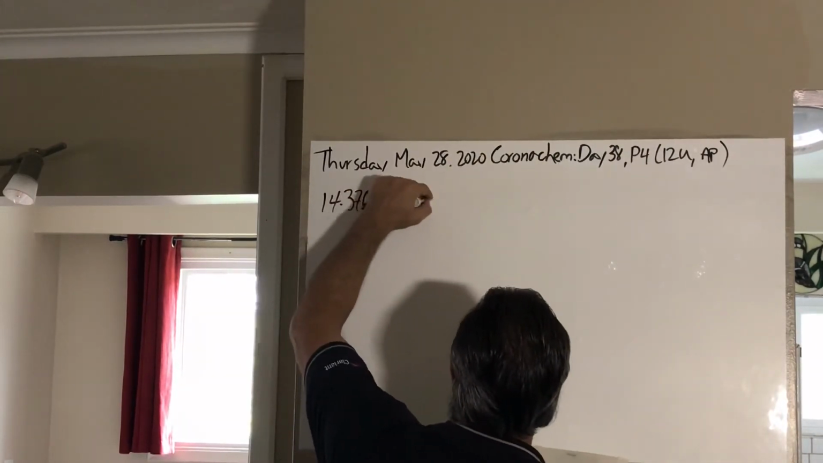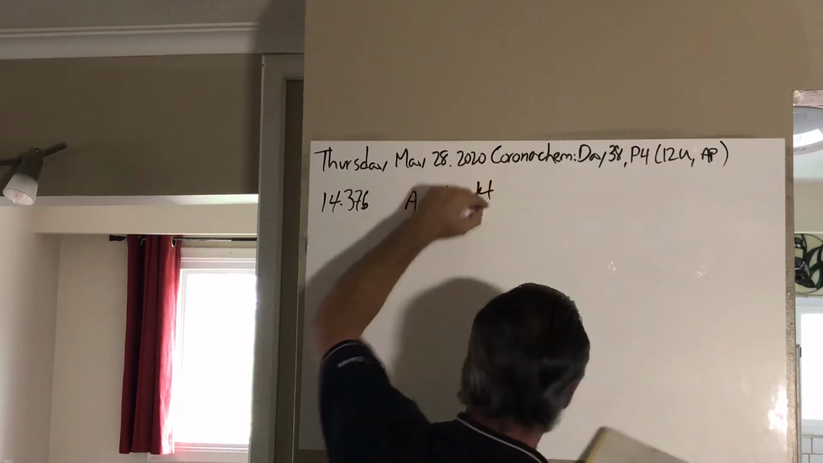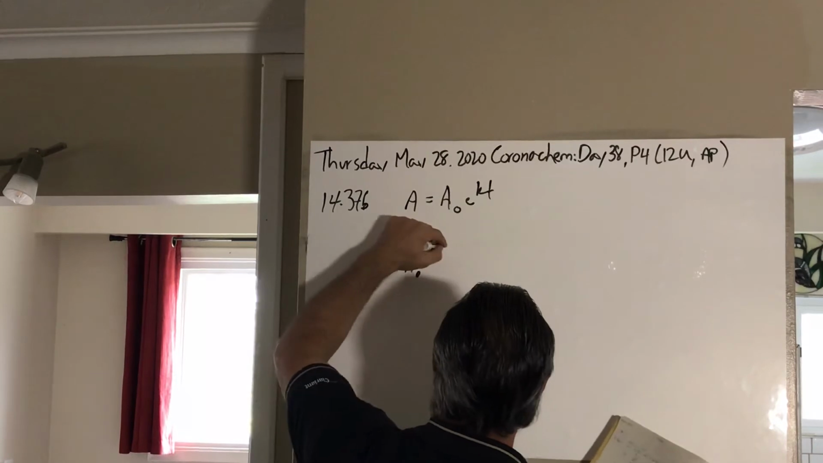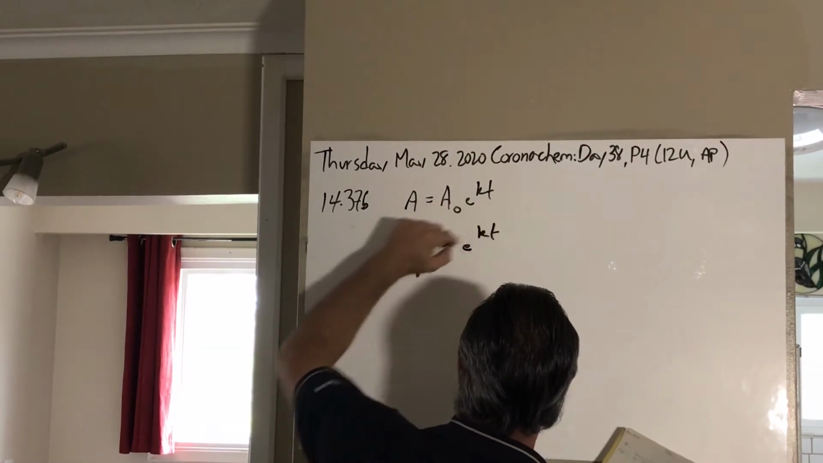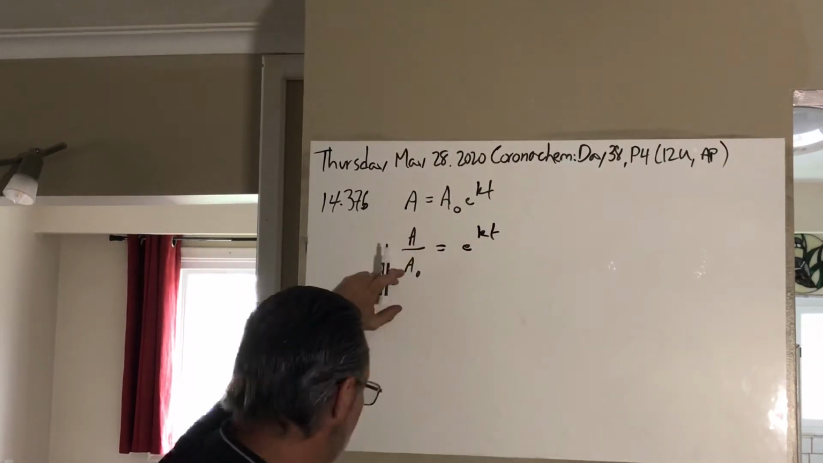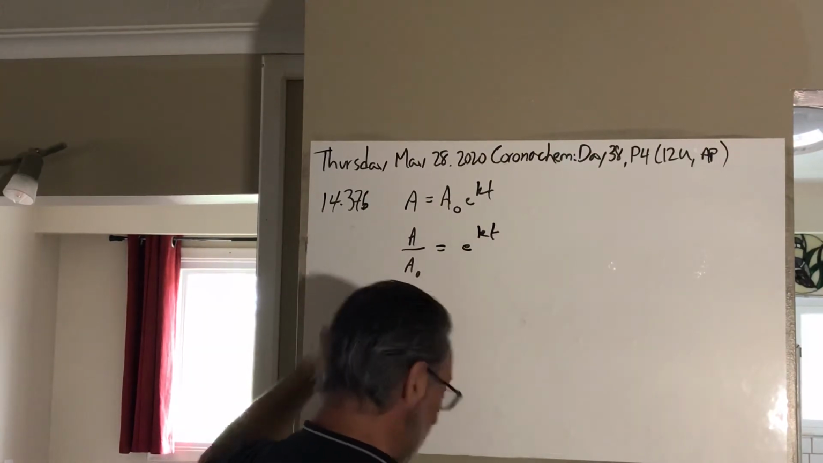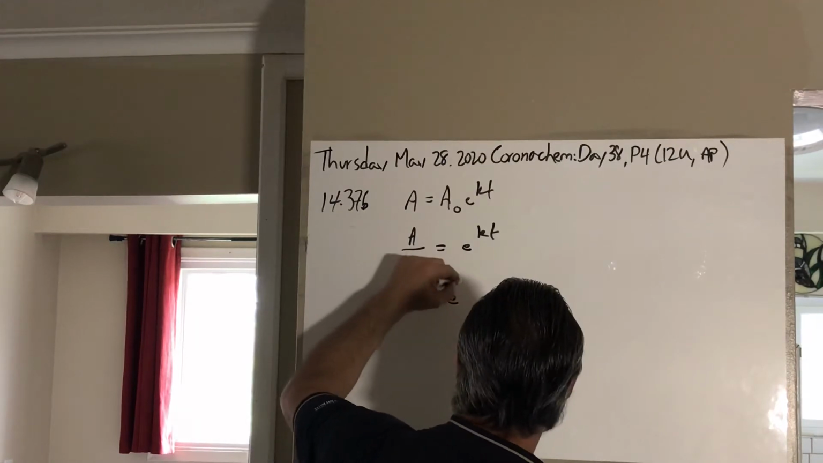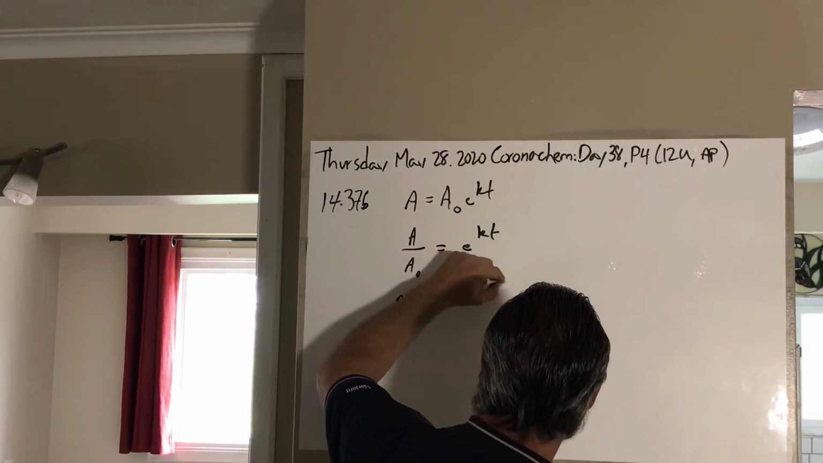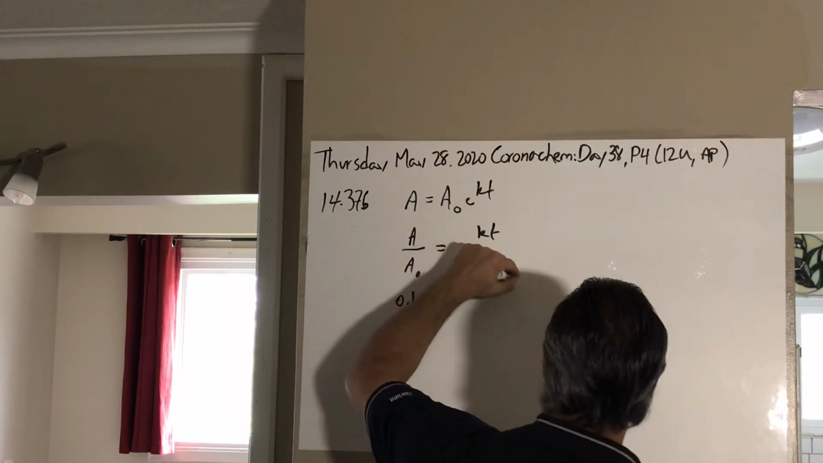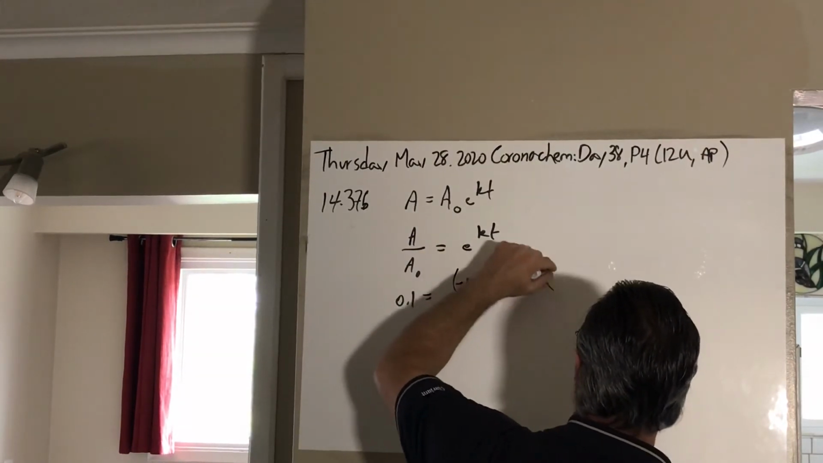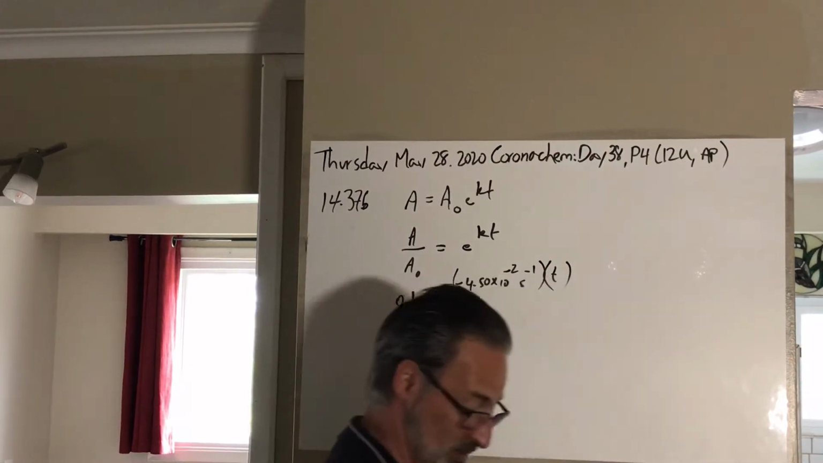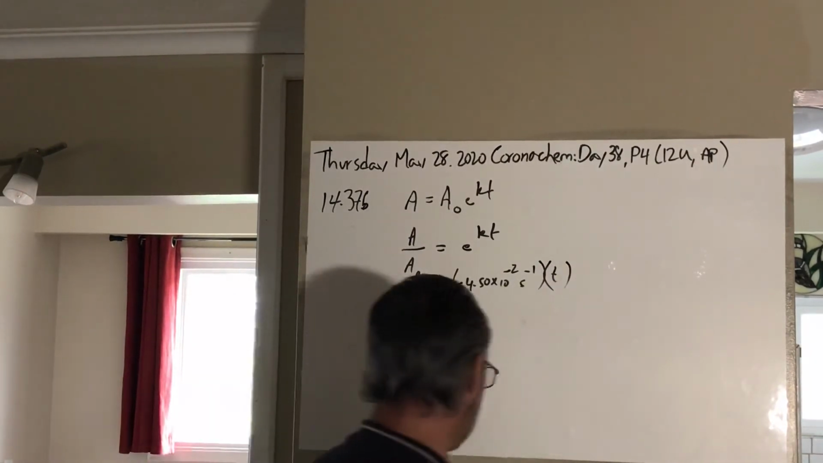So again, using A is equal to A naught e to the KT, A over A naught is going to also equal e to the KT. Keep in mind that 1/10 of the original pressure means this will be 1 over 10, or 0.1 will equal e to the negative 4.5 times 10 to the minus 2 seconds to the minus 1 times t, and the time is what you're looking for. If you take the ln of both sides, what you get is negative